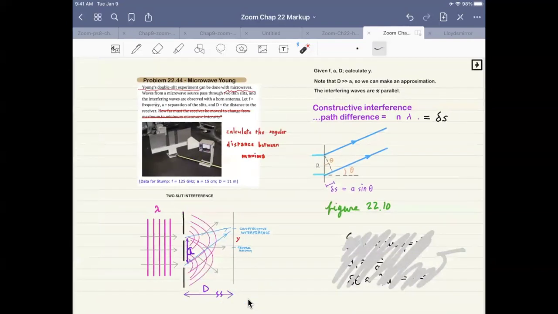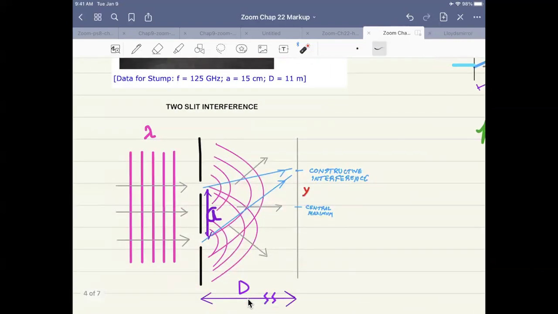All right, so here's the explanation of two slit interference. You have these waves coming from the transmitter, passing through the two slits, spreading out by diffraction as they go through the slits, overlapping and interfering. So in some regions, you'll have constructive interference, that'll be high intensity. Between those regions of constructive interference, you'll have regions of destructive interference, that's low intensity. The central